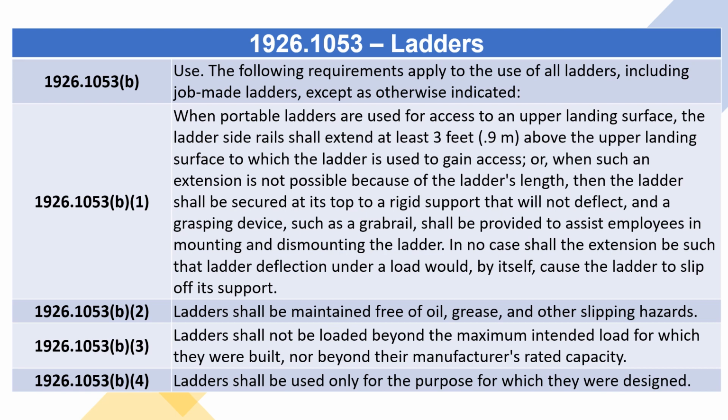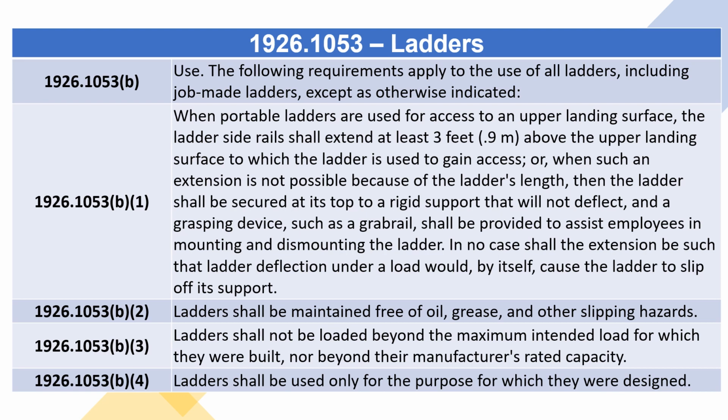1926.1053(b), Use. The following requirements apply to the use of all ladders, including job-made ladders, except as otherwise indicated. 1926.1053(b)(1). When portable ladders are used for access to an upper landing surface, the ladder side rail shall extend at